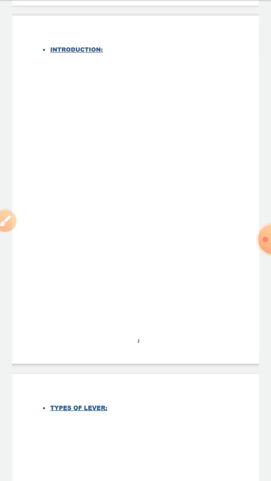Now come to the second page, where you are going to give an introduction about your project. Your topic we have given as liver. So you need to give the introduction of liver and its importance in your daily life. In the second page you are going to write about the liver. You will give a small definition of liver along with its importance in your daily life.